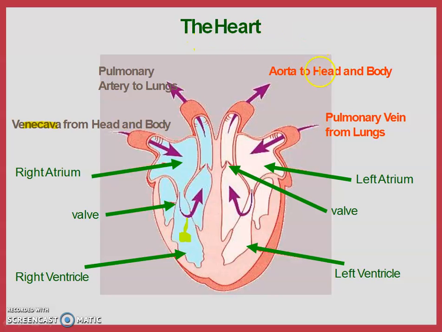After it goes into the lungs, it is purified. It is brought back through the pulmonary vein from the lungs into the left auricle. From the left auricle, through the valves, it enters the left ventricle. From the left ventricle it is pumped with high pressure and high speed into the aorta. Soon after, the aorta is divided into an upper and a lower aorta. The upper aorta takes blood to the head and the neck region, and the lower aorta takes it to the lower part of our body.